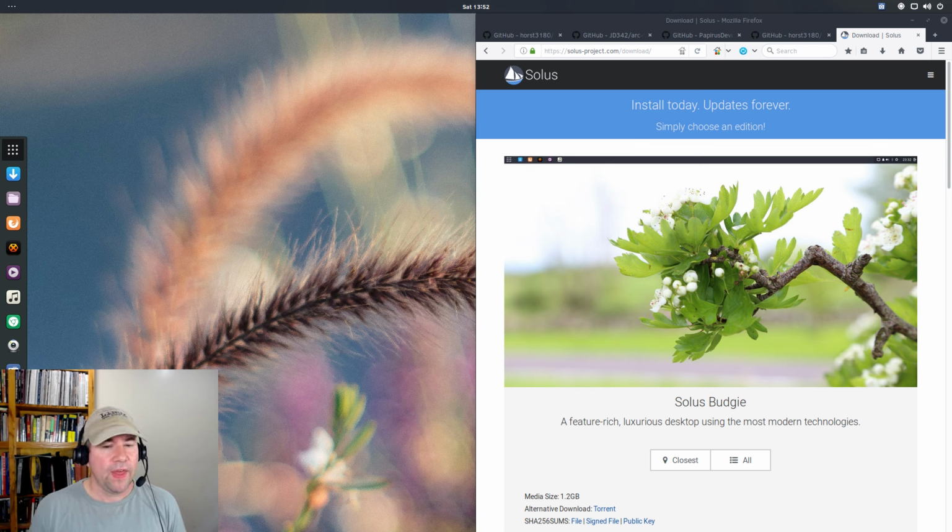Now, having said all that, I will tell you that right out of the box, everything on this distribution has worked flawlessly. No issues, no problems, no crashes. Everything has worked exactly the way that it should. So, definitely two thumbs up to the Solus development team on making sure that happened, because there has been a fair number of times when I have tested a Gnome-Shell distribution and got errors, got crashes, all that